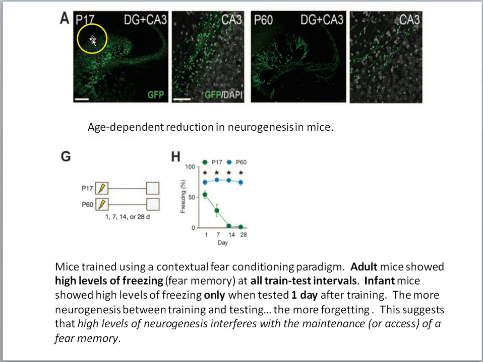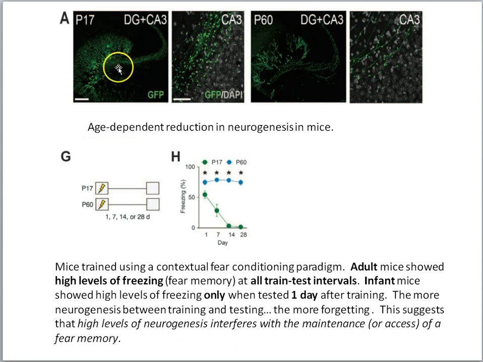And the idea is that if you simply stain the brains of infant mice to try to capture the magnitude of neurogenesis, you see lots of neurogenesis occurring in the infant mice. So lots of stained cells, lots of new neurons are being born in the hippocampus. By contrast, in the adult mouse, we have less stain here, indicating less neurogenesis occurred. Fewer new cells were being born in the adult. So neurogenesis is high in the infant and lower in the adult in mice.